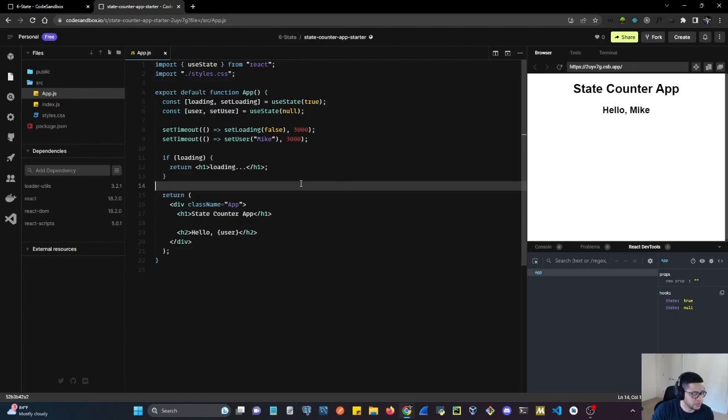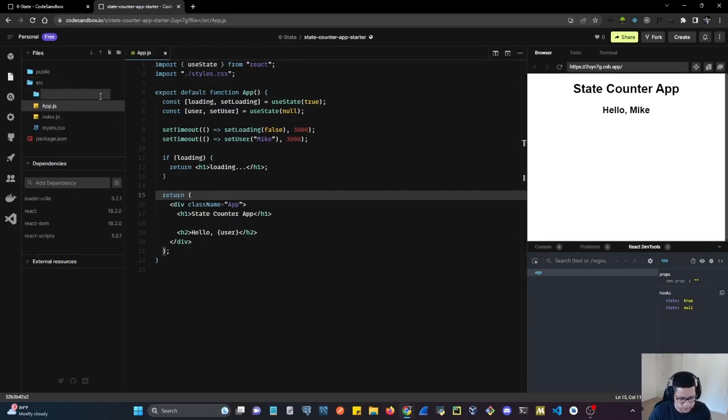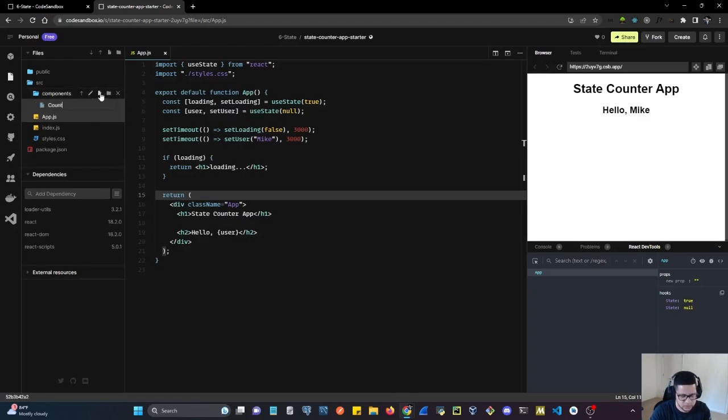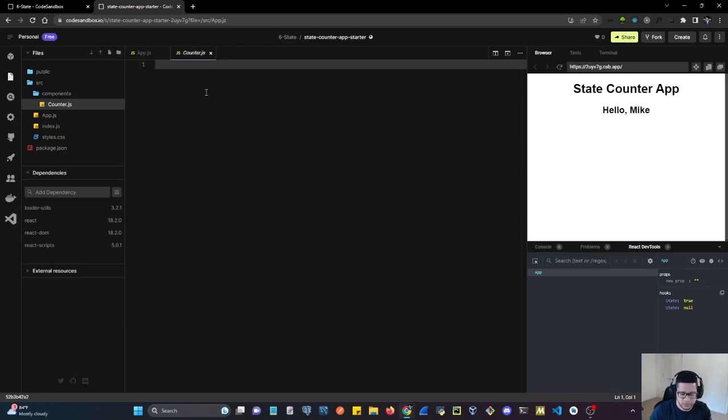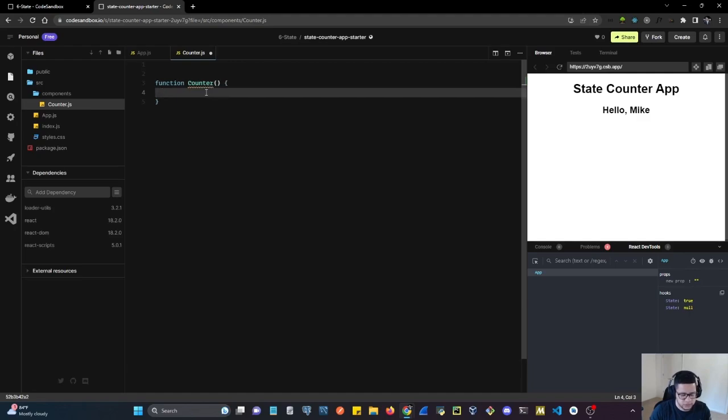Another quick example that we can do, now that we know about click events, we can create a new folder here. Let's call it components. Inside components, I want to create a new file. Let's call it counter.js. Let's do a quick counter component. Let's create a function called counter. And let's return